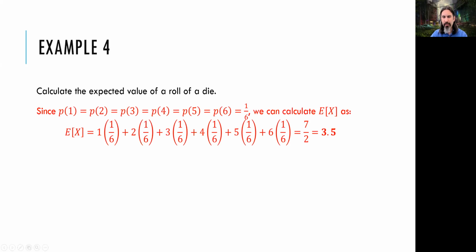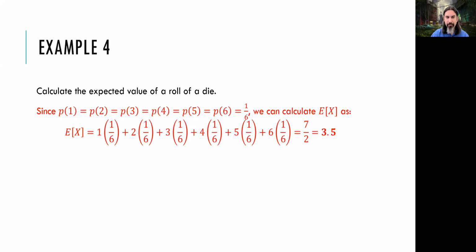Now, something to note here. 3.5 is the expected value for that random variable x, but it's not one of the outcomes in there. So there's no 3.5 outcome on a die roll. It's either 1, 2, 3, 4, 5, or 6. So this expected value does not have to be one of the outcomes. Okay, it doesn't have to be one of the outcomes. It can be, it can just come up like this, but it doesn't have to be. Okay, this is the mean value, the expected value.